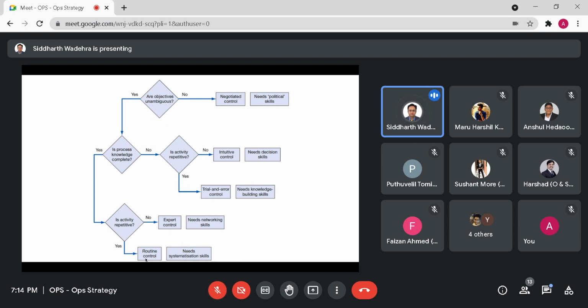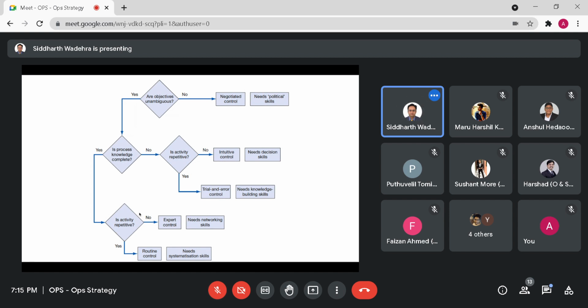If the activity is usually not repetitive, it's once in a while, an occurrence that doesn't happen too often, you have something called an expert control, where you need people with specific skill sets to be able to make sense of the process flow, make sense of the diagram, and diagnose whatever is happening in that situation, to help you with a more predictable outcome. Typically, you have external consultants, operations consultants, who come in and look at expert controls as such.